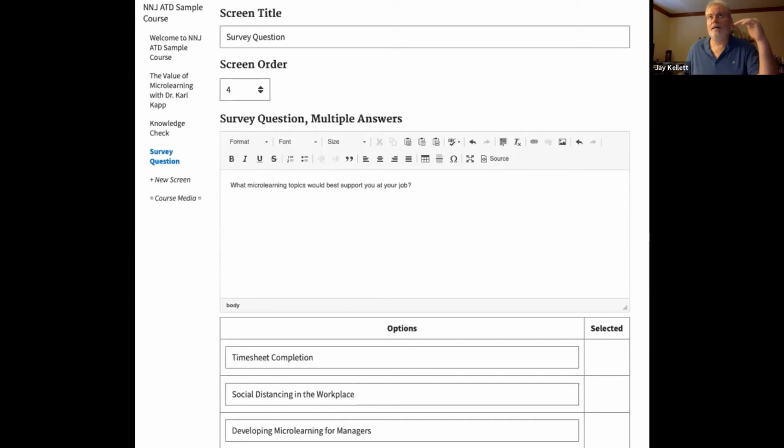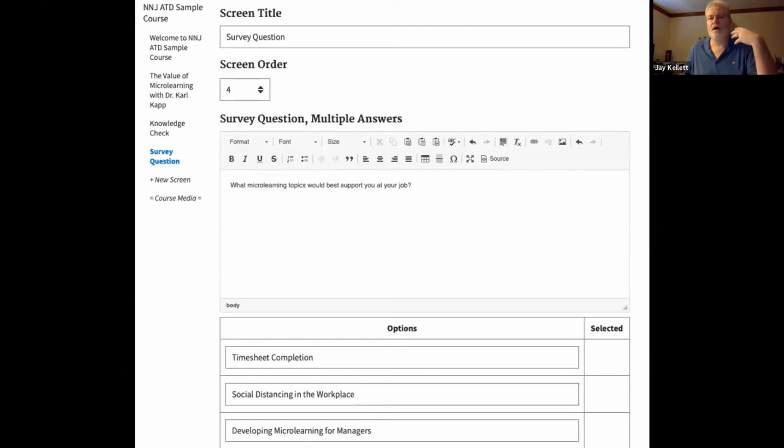Multiple choice questions can either be single answer or multi-answer. I don't have an example of a multi-answer multiple choice question, but I wanted to show what a survey question would look like, because it's a similar concept, and also similar with the data collection. A survey question is not graded, because multiple choice questions have actual answers.